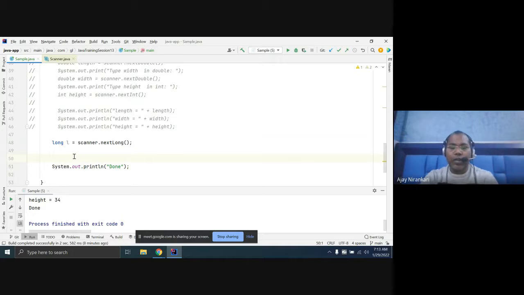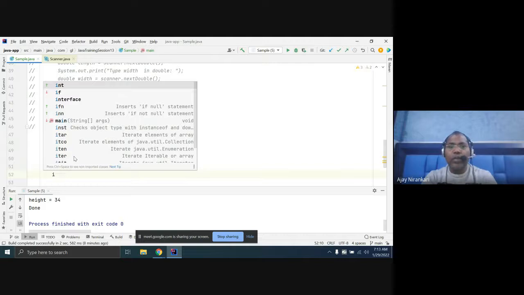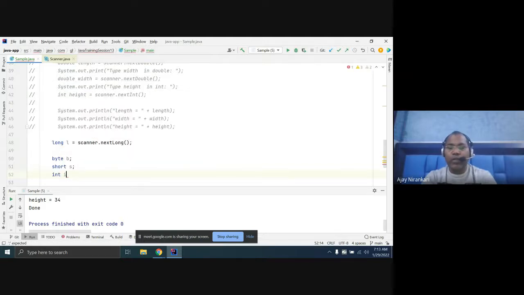For storing integers, we have the smallest data type, byte, so let's say byte b. Similarly, you have short s, similarly we have int. Just go to the book and you will find all the data types.